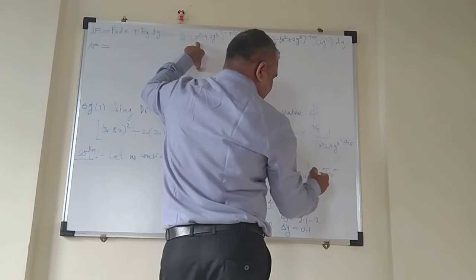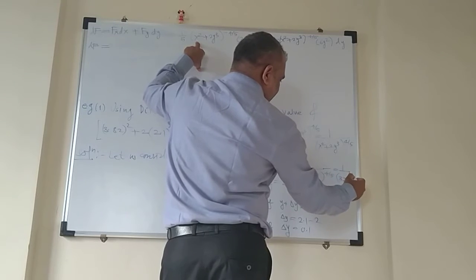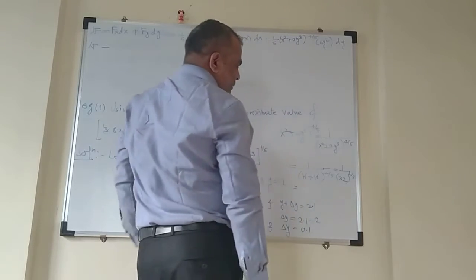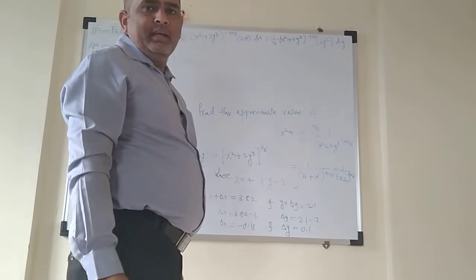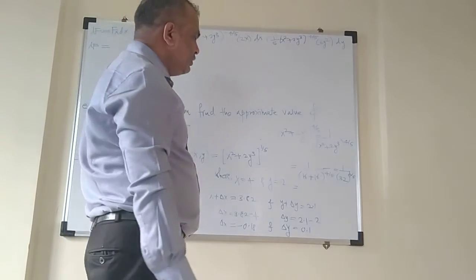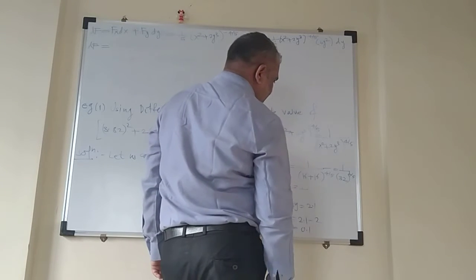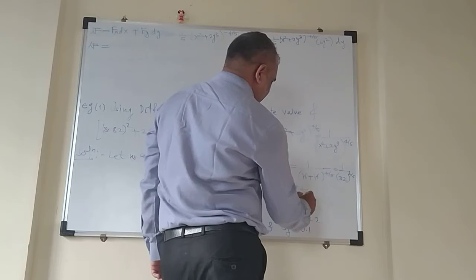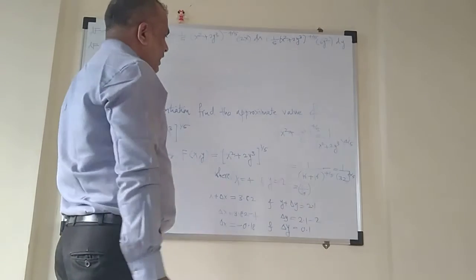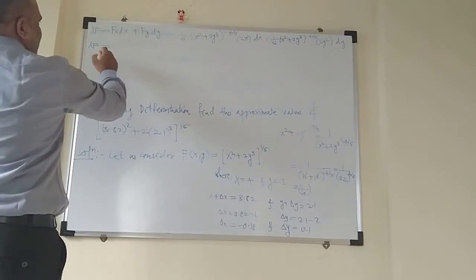4/5, and if you simplify this, this will give you 1 upon 32 raised to power 4/5. If you simplify more, this will give you 1 upon (32 raised to power 1/5) to the power 4, and the fifth root of 32 is 2. So 1 upon 2 raised to 4, that will give me 1/16. Isn't it? So the value of this bracket is nothing but 1/16. Put in the rest of the values.